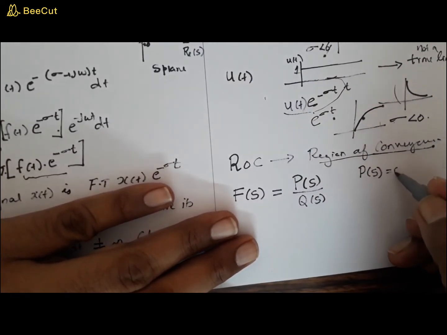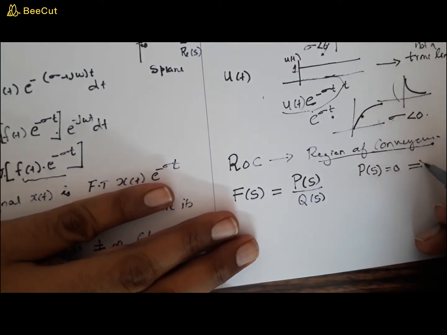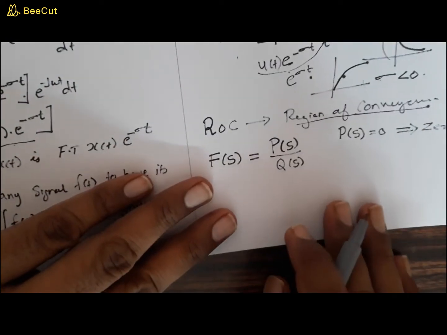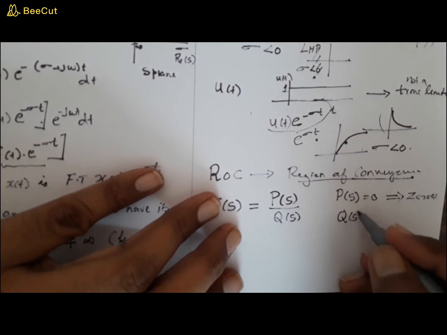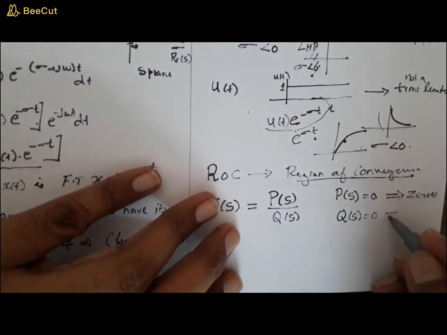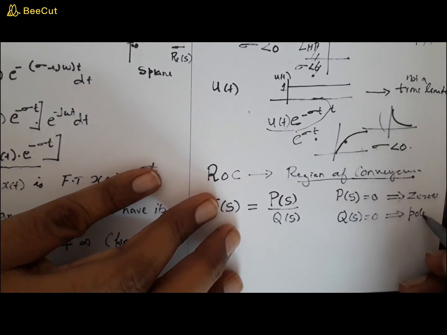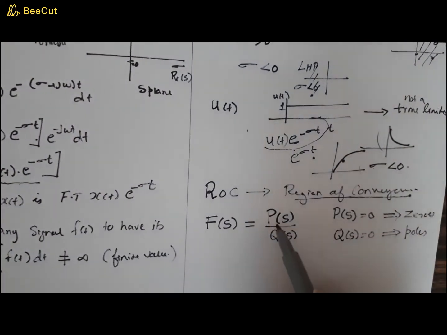You can equate P of s, that is the numerator, to 0, and you can find the roots. Those roots are called the zeros of the function, while Q of s you can equate to 0. Those roots which you get are called the poles, and the reason I have also explained last semester, that is during this,